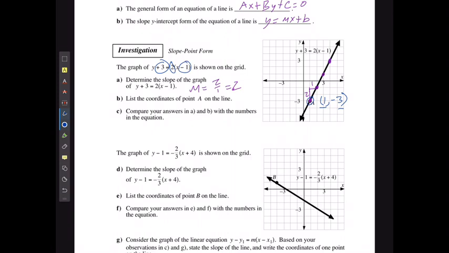If I look at the numbers, I have a slope of 2, I have a coordinate of 1 and of negative 3, which means that the numbers are the same,